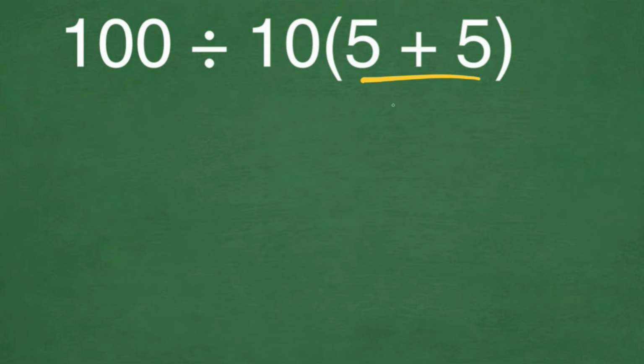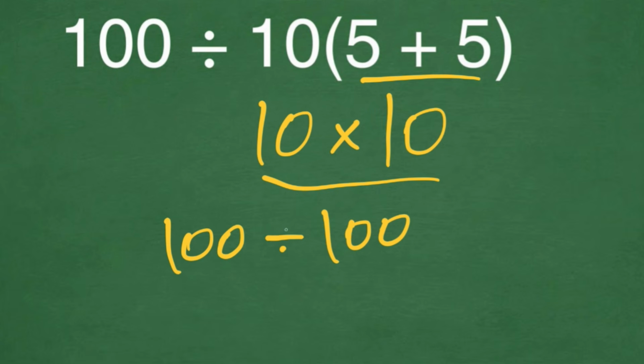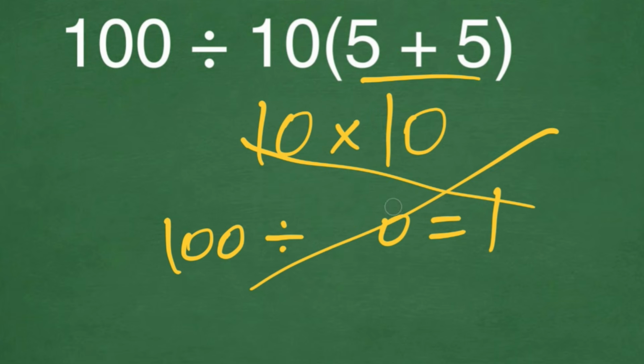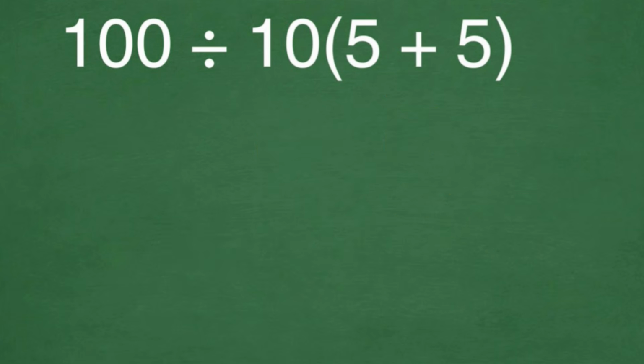5 plus 5 gives us 10, and 10 times 10 is equal to 100, and 100 divided by 100 is equal to just 1. But this answer is not correct, because according to the order of operations, which is PEMDAS,